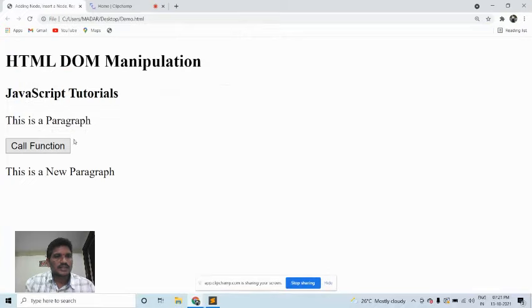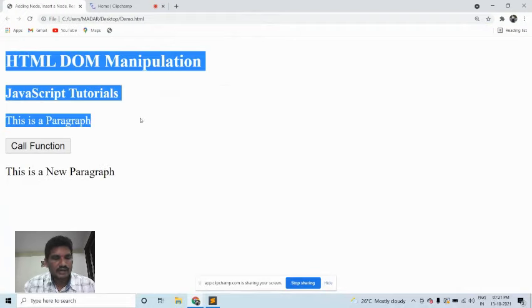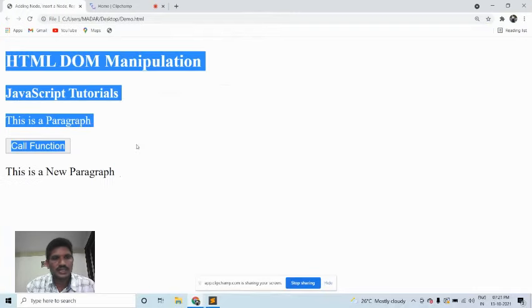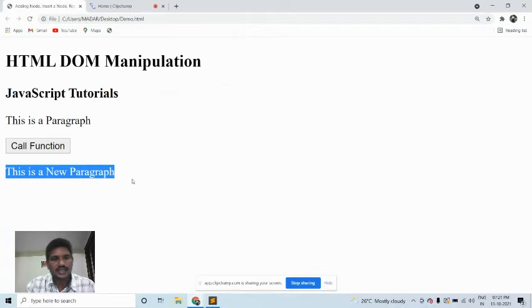Yeah, see where it has been added after the button. See here, the new paragraph has been added. This is called the existing HTML document. Whenever you add a new element, the name is paragraph. The paragraph element has been added to the body. That element should be the last element of the body tag, because these four elements are existing elements. The new element has been added as the last element of the body tag. Okay, this is how we can add a new node to the existing HTML document with the help of JavaScript code,